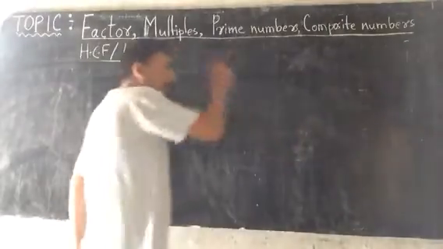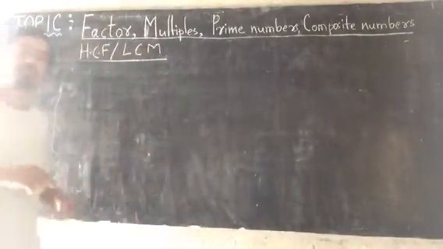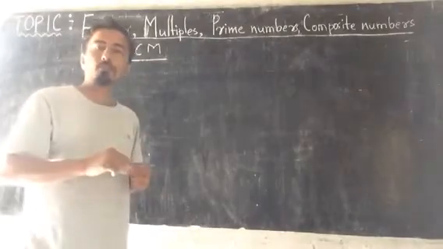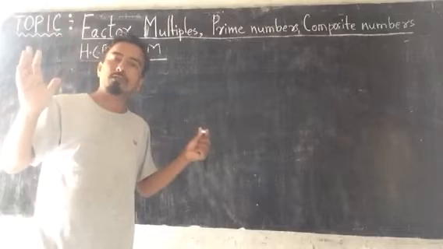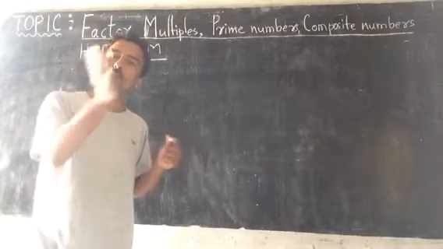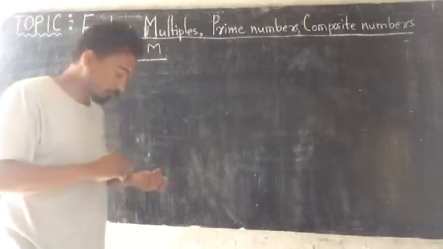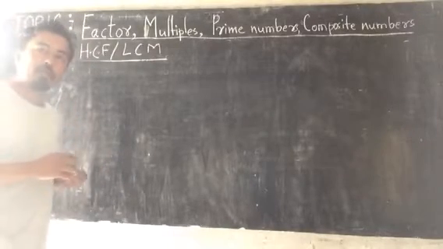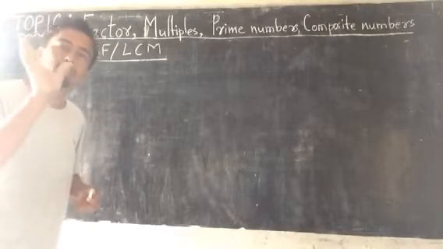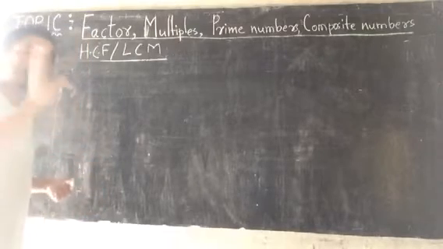Before teaching that, I just want to recall prime numbers. You might have understood prime numbers and composite numbers, because in the previous video I have already told you. Now you see here how to find the factors. For that I will just tell you some rules of divisibility. I will not discuss more.